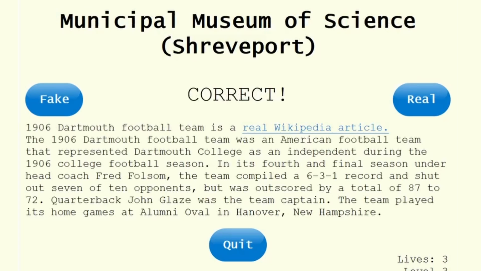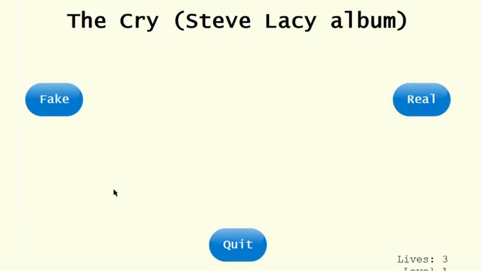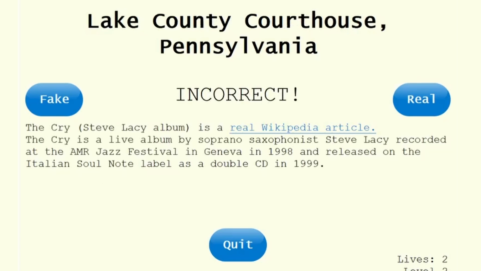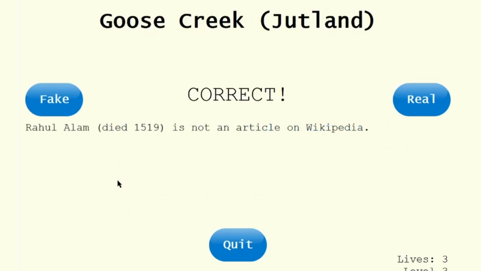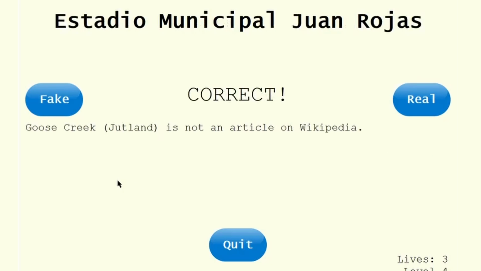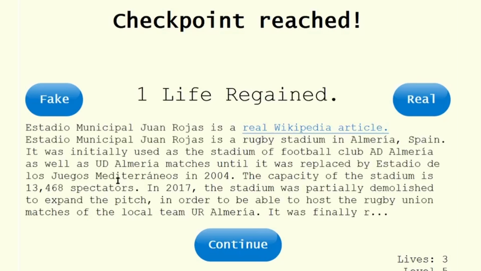Also, when testing this with friends, I had begun researching all the titles that didn't exist, seeing what similar things did. Sometimes they yielded no results, but sometimes you'd find in the search results some very similar items. So I used the Wikipedia API to get the game to do the same thing. It queries Wikipedia's search function for fake articles, and if it runs into any results, it tells you, for example, that although Lowe's, Alabama was AI generated, Lower Alabama is a real Wikipedia article.